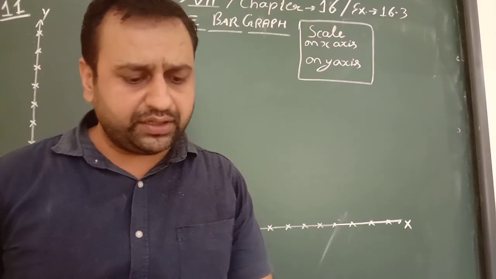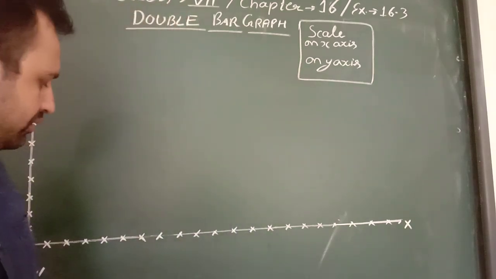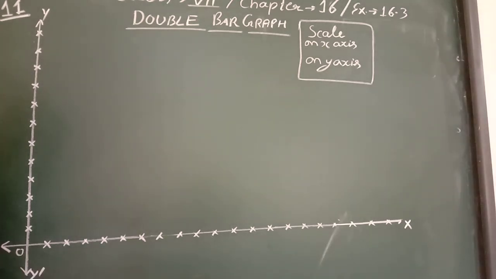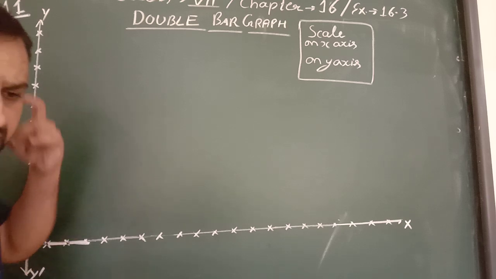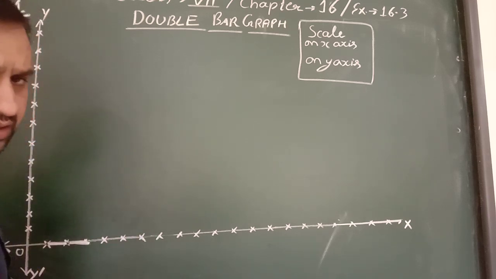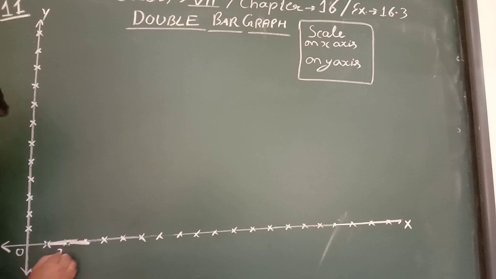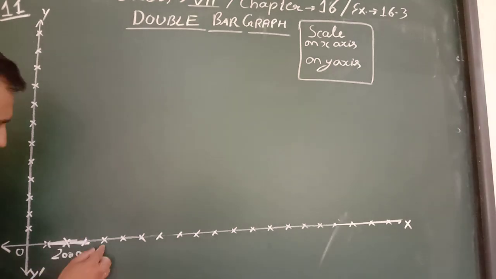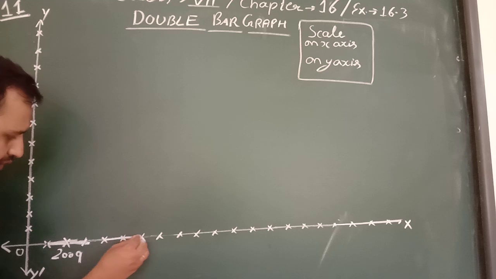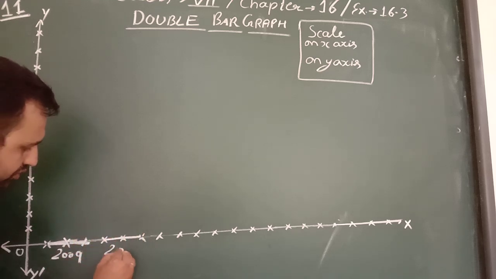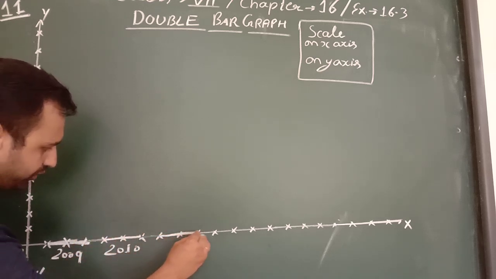For the first row, year 2009. Because it is a double bar graph, the first box represents the pre-board examination and the second represents the annual examination. So that is completely 2009. तो हमने 2009 के लिए दो बॉक्स का सिलेक्शन किया, फिर आप एक बॉक्स का गैप छोड़ोगे, and these two boxes represent 2010,